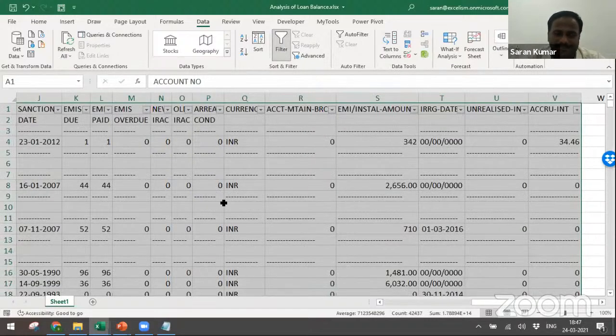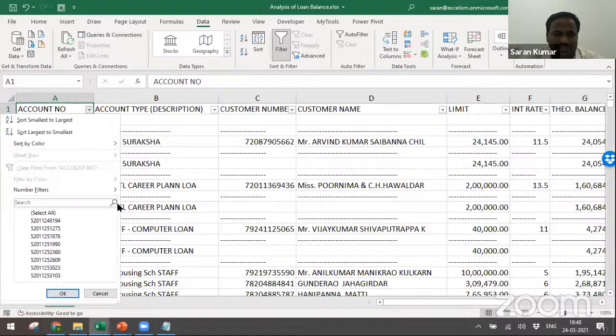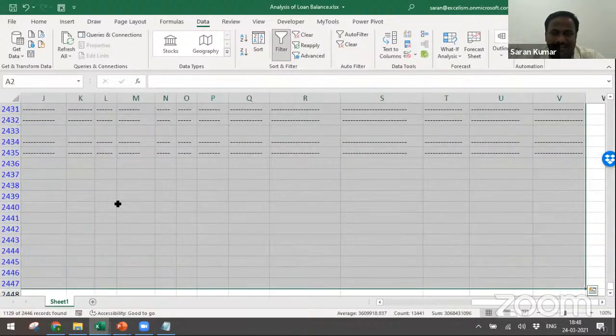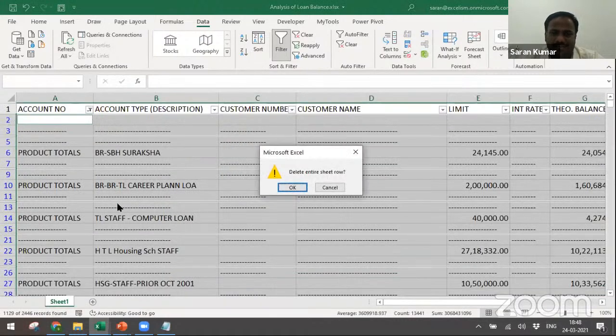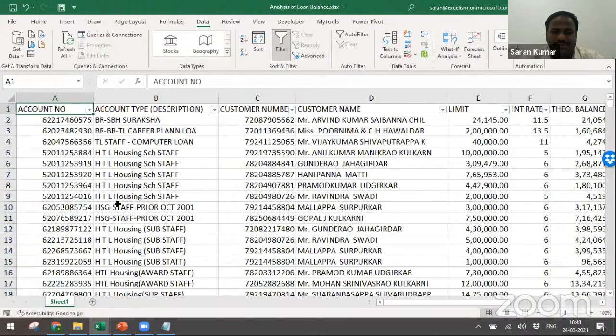Now let me go up. Now I want to clean up the data because some junk data is there in between. I don't want that. So let's select this and select everything. Let me select only the junk data. So go to the bottom. In this column, I'm sure I want only the account number. So text to column, you can just select and click OK. Then come down. I don't want this entire data. Control Shift End, because this is junk data. So Control minus. When you do Control minus, it's saying delete entire sheet row. Now you can just do the filter.